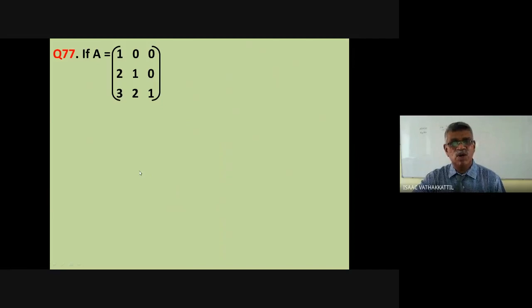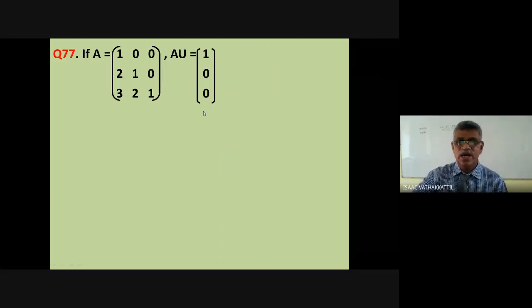If A is equal to [[1, 0, 0], [2, 1, 0], [3, 2, 1]], AU, A into U. What is your U? Let us see. A into U is a column matrix. That means U must be... A is a 3 by 3 matrix. AU is 3 by 1. So when A is a 3 by 3 matrix,